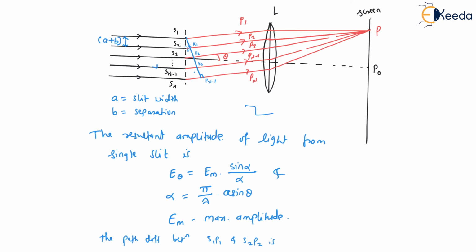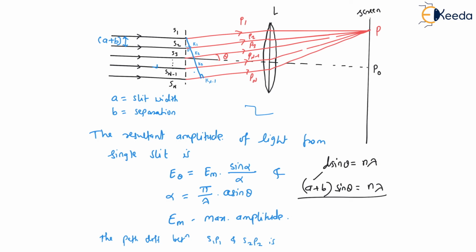Sometimes they ask a question like, for a plane transmission grating, prove that d sine theta equal to n lambda. Sometimes they have asked like this one, prove that d sine theta is equal to n lambda. So here this d means distance, and that is nothing but a plus b. So this is nothing but a plus b sine theta is equal to n lambda. So don't be confused over there, because that small d is nothing but the distance between centers of adjacent slits. Such types of questions they usually ask.